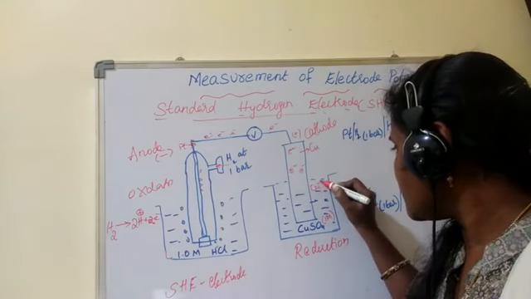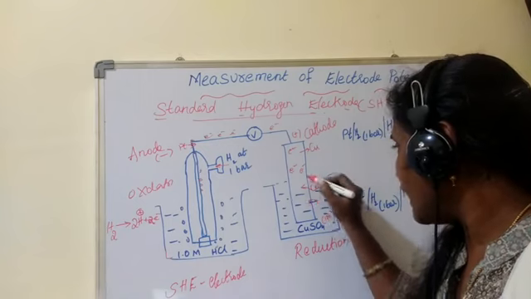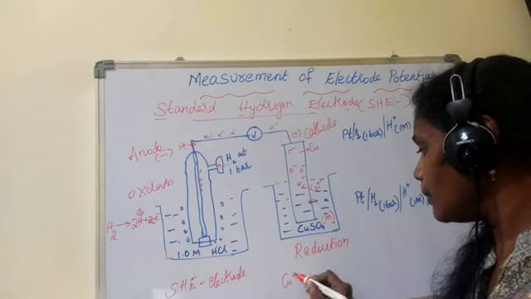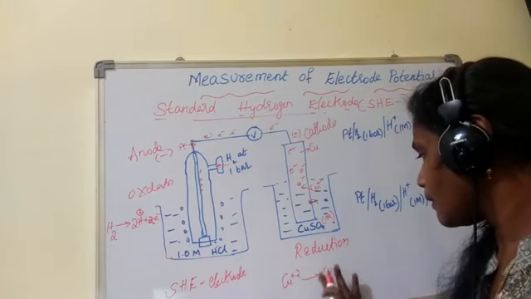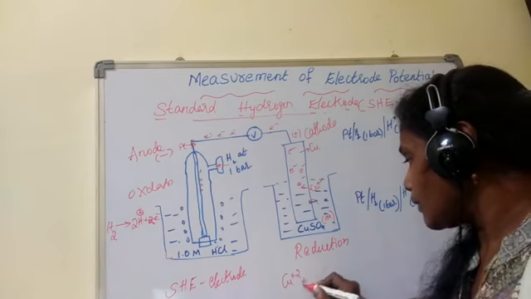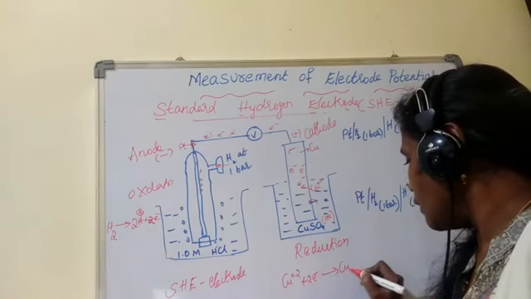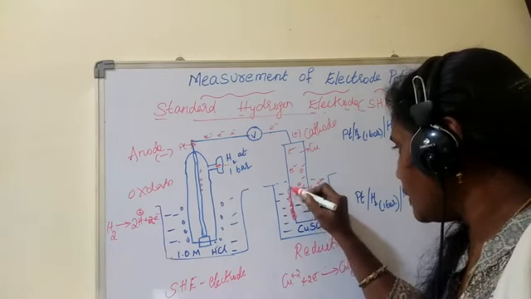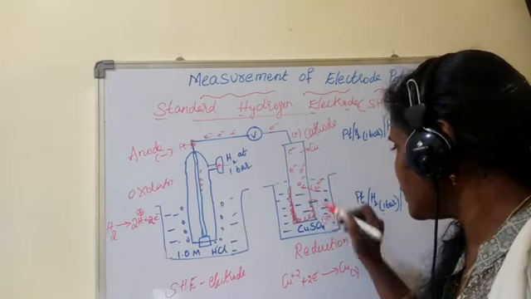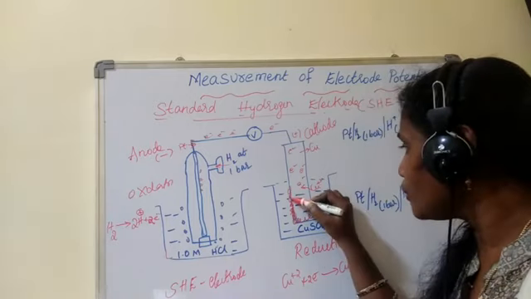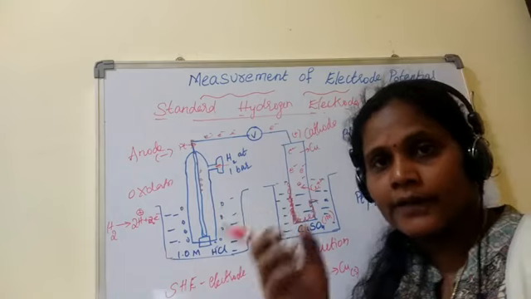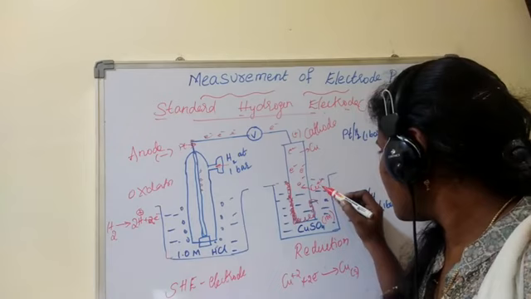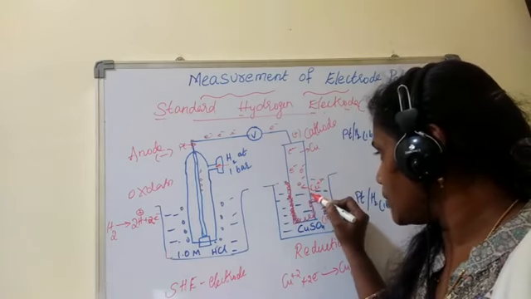Copper plus 2 ions from the copper sulfate will move towards this electrode and take these electrons. So what happens here? Cu2+ takes 2 electrons and converts into solid copper, and that solid will be deposited onto this rod, right? It will accumulate onto the copper rod. Because it is a solid, it will be deposited. Copper plus 2 ions will take 2 electrons from here and deposit over here.